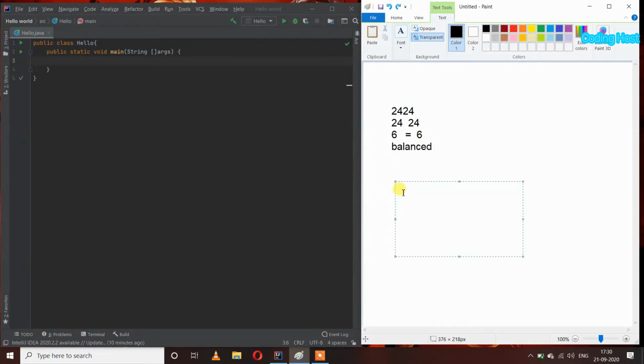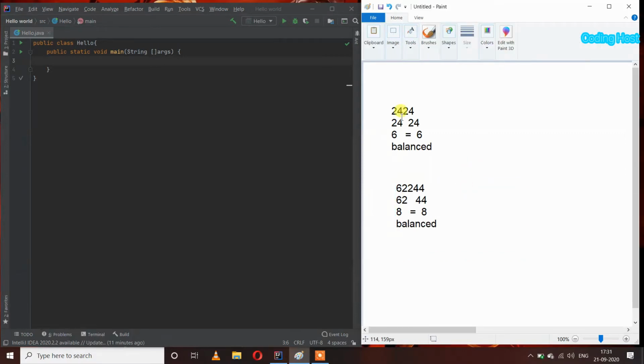Let's take another example that I have a number like 62244. So in this we have 5 digits, so we have an odd number of digits present in this number, so we don't have to take the middle digit, we only have to take the right hand side and left hand side digits. So on the left hand side we will get 62 and on the right hand side we will get 44, and after adding, we get 8 on the left hand side and we also get 8 on the right hand side. So you can see 8 is equal to 8, so it means it is also a balanced number.